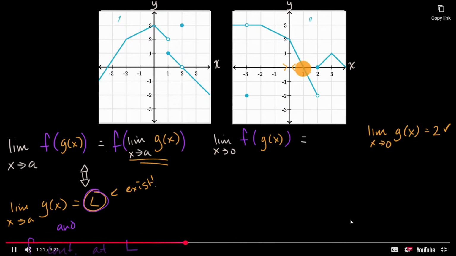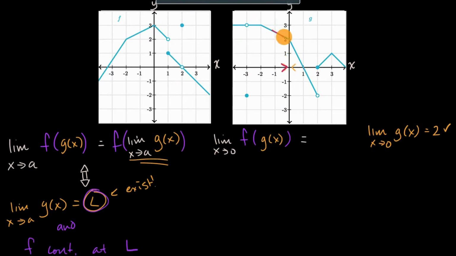One way to think about it: when x approaches 0 from the left, it looks like g is approaching 2 from above. And so that's going to be the input into f. If we are approaching 2 from above, it looks like our function is approaching 0. And then we can go the other way. If we are approaching 0 from the right, it looks like the value of our function is